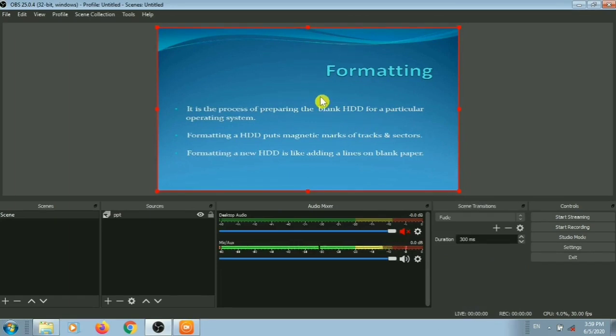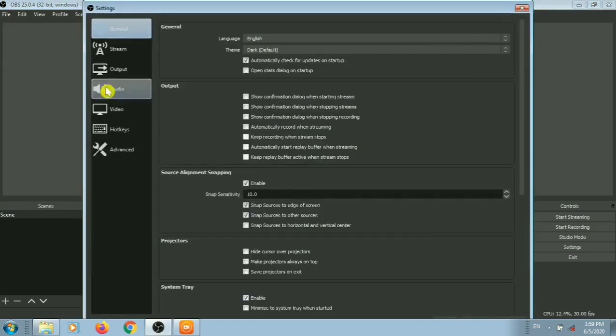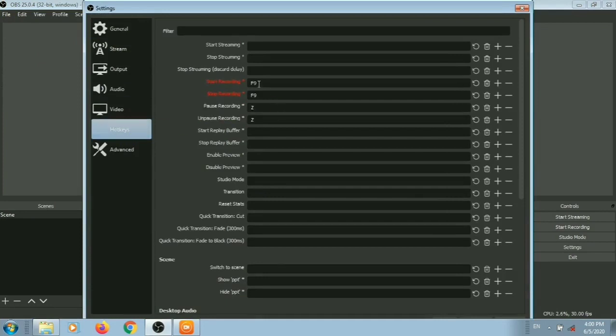Then add the hotkeys. Click on the file, then go to settings. Here are the hotkeys. I have already added the hotkeys for start, stop, pause and unpause the recording.